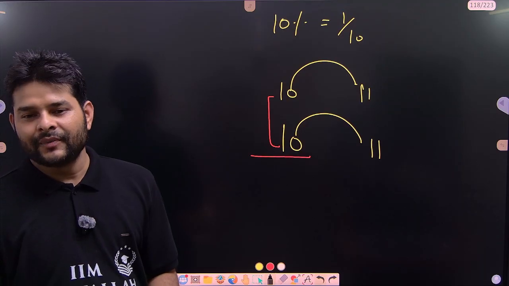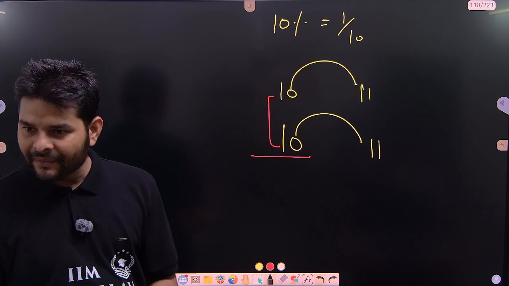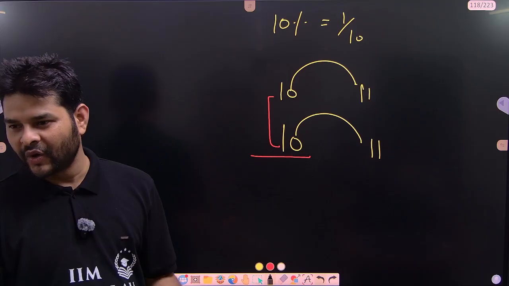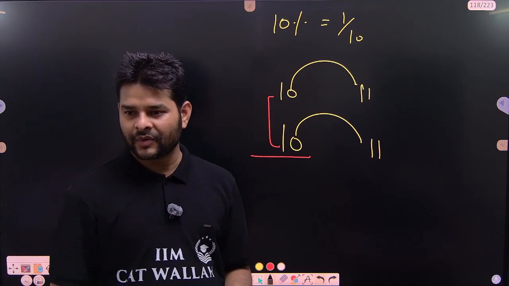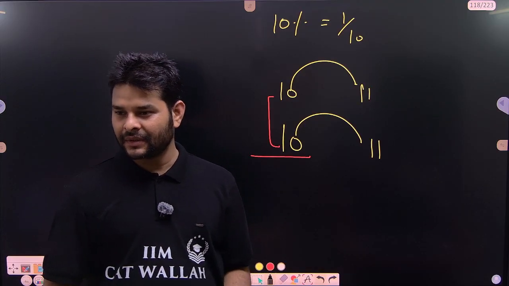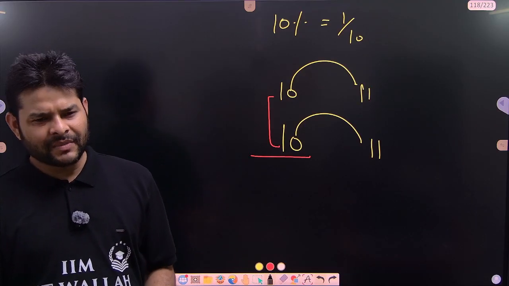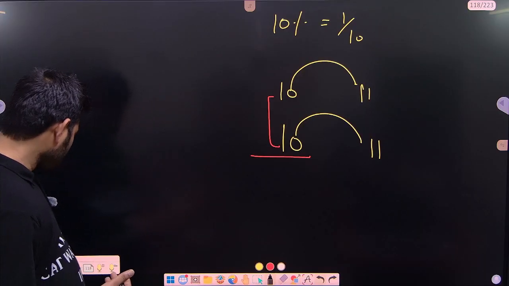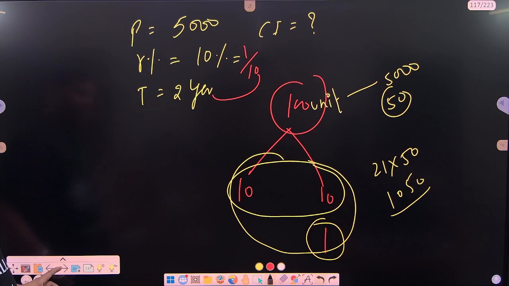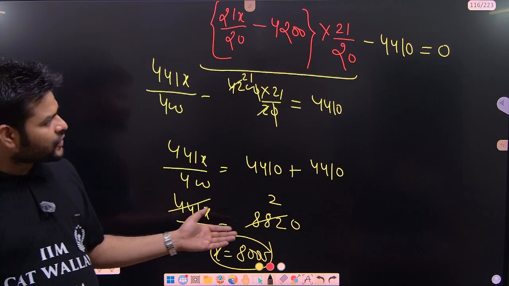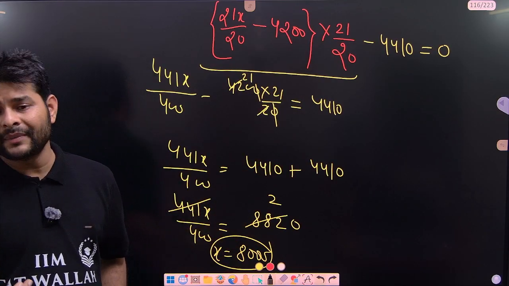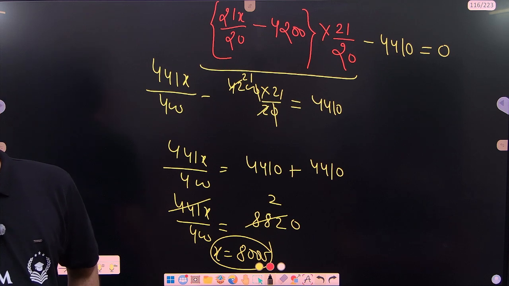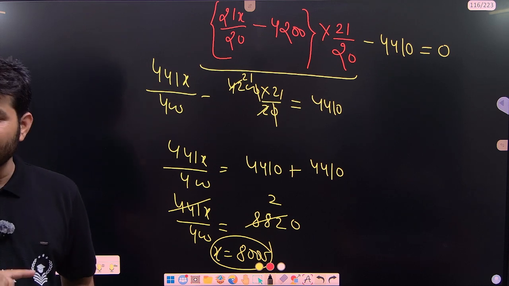If you say, sir, I'm not going to plug in this method, we have the detailed method. Go and plug in the detailed method. If you want to reduce your time, you will have to understand this method. That's it. If you feel you don't want to understand, don't; you have the detailed method, do it with that. But installment questions, if we do them with the detailed method, we will take a lot of time, but we don't have that much time. That is the reason we are going to plug in the successive method.